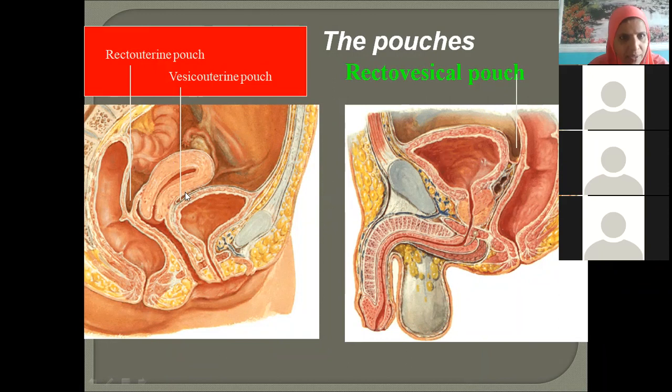Lokesh, this is a female sagittal section of the pelvis. What is the name of this visceral organ? This is the pubic symphysis. This is anterior. What is the name of this structure? Ritika? Urinary bladder. Very good. What is this?